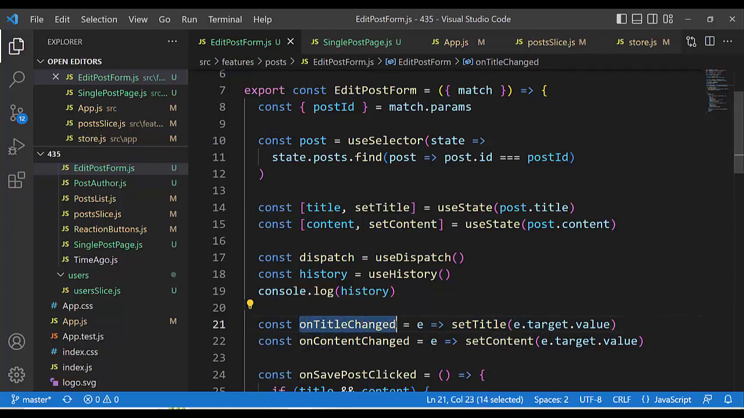On title change means the moment when the title changes, when we write something, change something and get out with the cursor. That moment is the new title. Also, when we write something, the content changes, and we get out with the cursor. It is blur